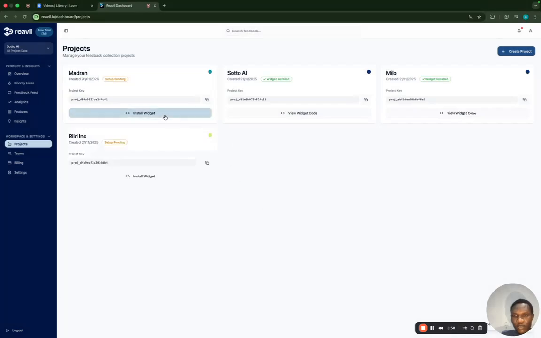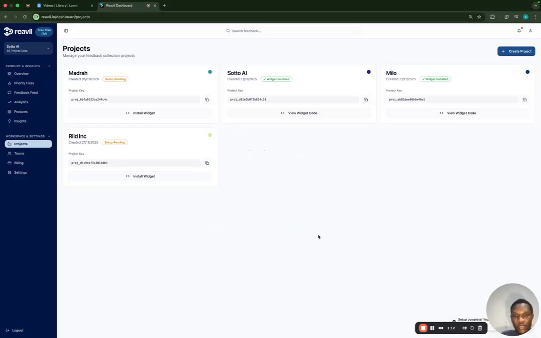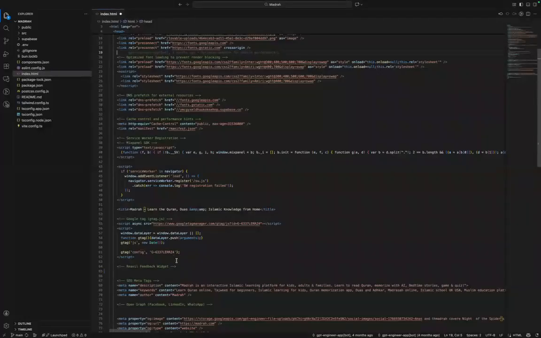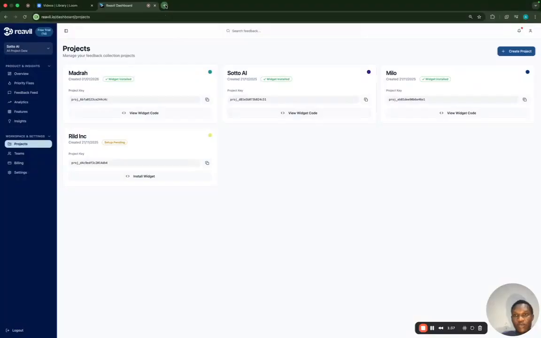Once that is done, you come here to click on install widget and copy this code which will be in your index.html file. Once you copy, click on setup completed, go to your repository, and in your index.html file, you come here and paste the script you copied, right? Once this is done and deployed, you can then go to your web application